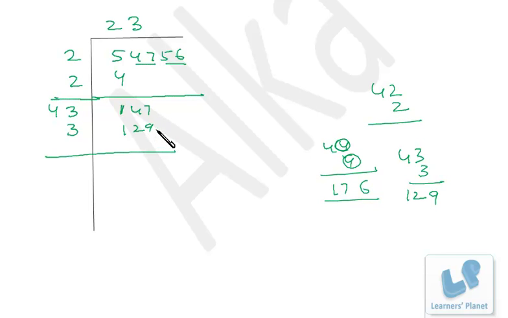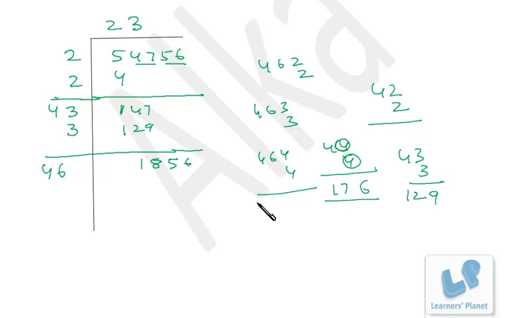Okay, now 147 minus 129 is 18. The next step, very same, 43 plus 3, write 46 over here. Take both the digits, 56. Now you have to find a digit over here, and the entire number should be multiplied by that particular digit only. Suppose 462 into 2, 463 into 3, 464 into 4, right? So this way you have to proceed. Now since you want 6 at the unit place, you can think that 6 can be obtained by either 6 into 6 or 4 into 4. So what you should do, either 464 into 4